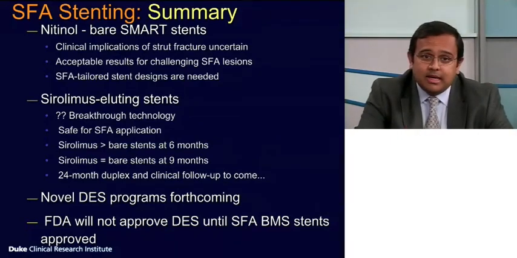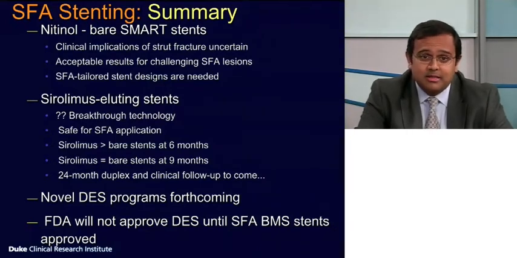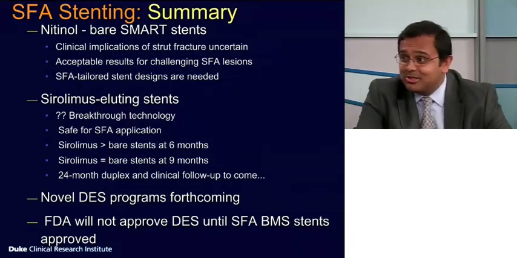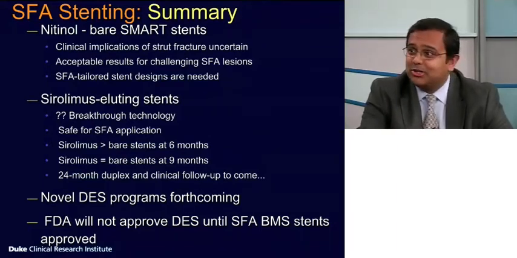But the nitinol, in this case for SFA stenting with the Sirocco, the smart stents, there's implications for stent structure and fracture. The sirolimus-eluting stents and their platform in the SFA initially at 6 months looked good, but at 9 months, 24 months, restenosis wasn't dramatically different. And if you ask me, it's because it's not just restenosis as we think about it, it's stent fracture and